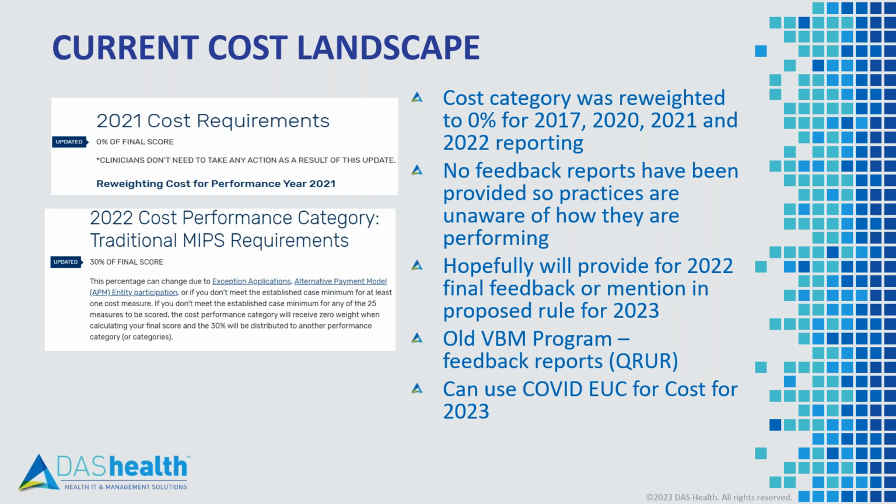And even if you got a feedback report for the 2 years it was scored, many of the episode-based measures were added, like I just said, in 2019 or 2020. So they won't be included. The 2019 ones would be, but again, any of those new ones added in 2020 wouldn't even be on that feedback report. So without these feedback reports, it's very difficult to understand how your practice is scoring. And with costs now being worth 30% of your final score, this is a huge chunk to have no visibility into. We hope with the proposed rule expected to be released over the upcoming weeks, there will be mention of